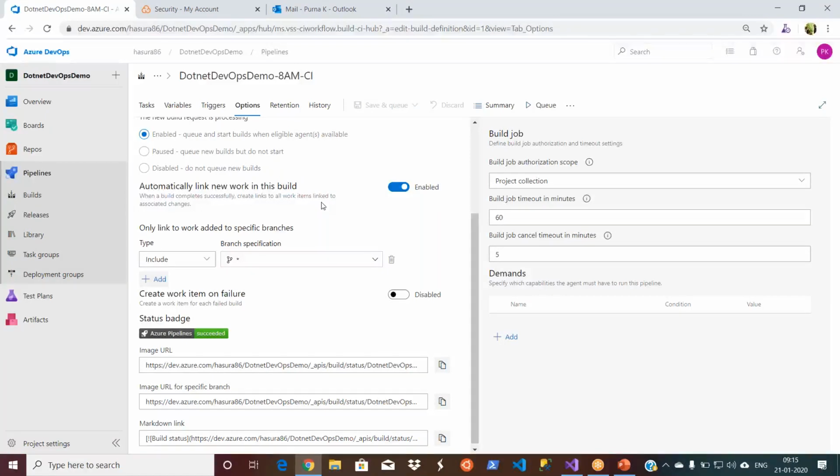If the work item status doesn't change to resolved, we were not allowing the pull request to be completed. So that's the traceability. Your code is linked with your work item, which is nothing but your product backlog item or something. So that's all you do from the project settings, your branch settings, policies, etc.